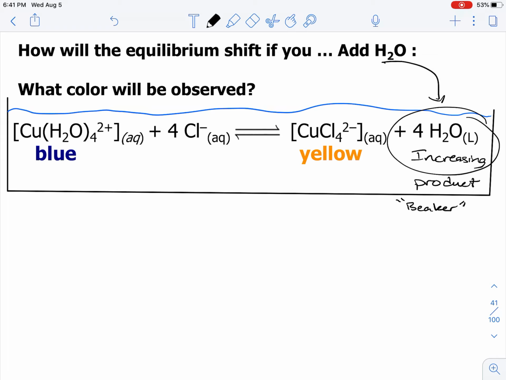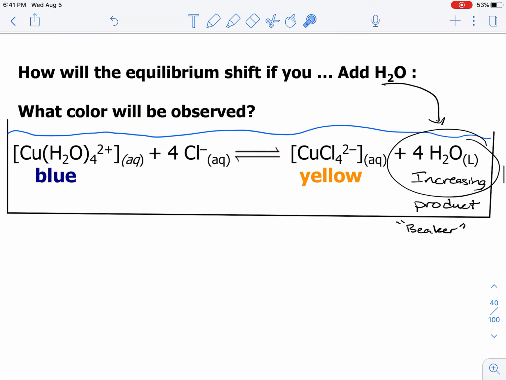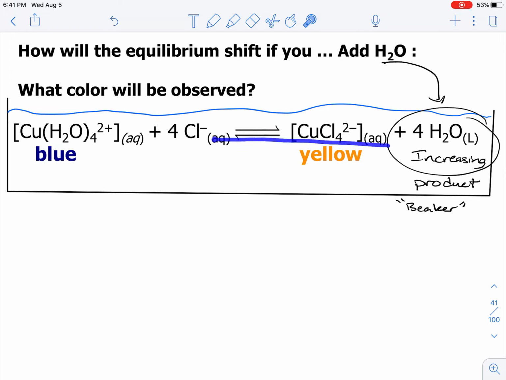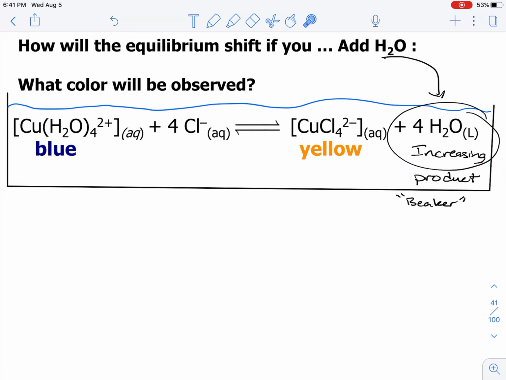And so in this case, since we're increasing the concentration of the product, Le Chatelier's principle tells us that the equilibrium will shift to the left to counteract the stress that was applied to the chemical system, which was an increase in water. And so overall, the equilibrium will shift to the left